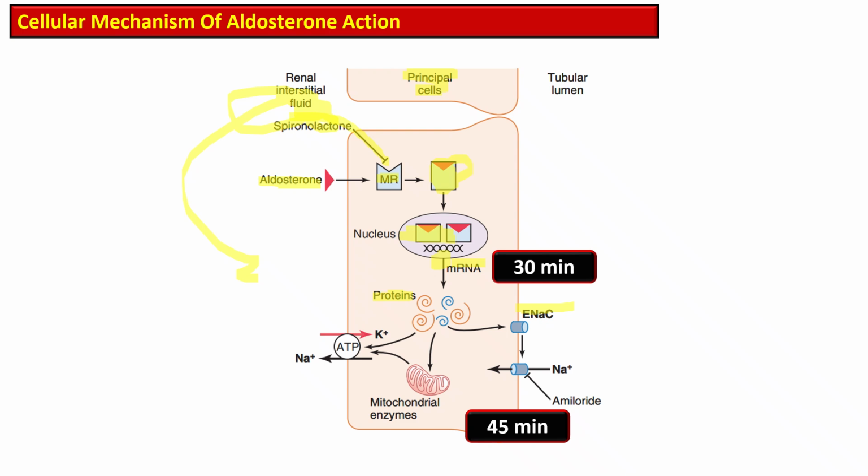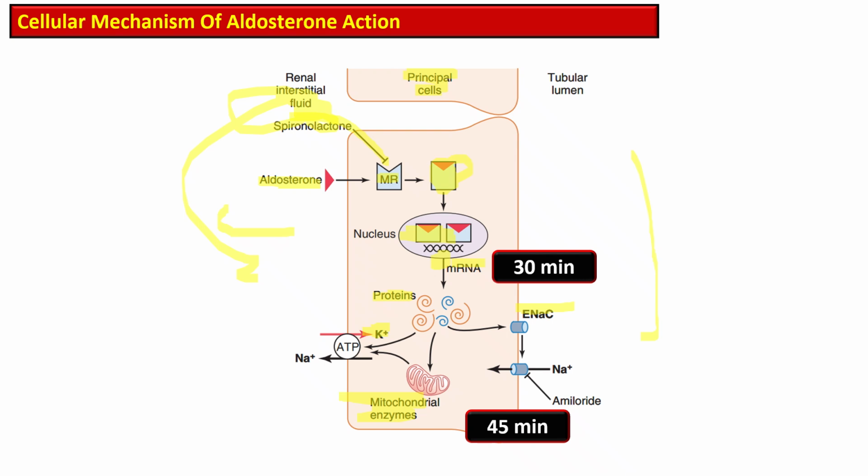They also make proteins that are responsible for potassium transport, and they affect the mitochondrial enzymes, activating these to generate more ATPs. So messenger RNA that is translated into protein increases the sodium reabsorption from the tubular lumen via the epithelial sodium channel, and increases potassium secretion into the lumen,